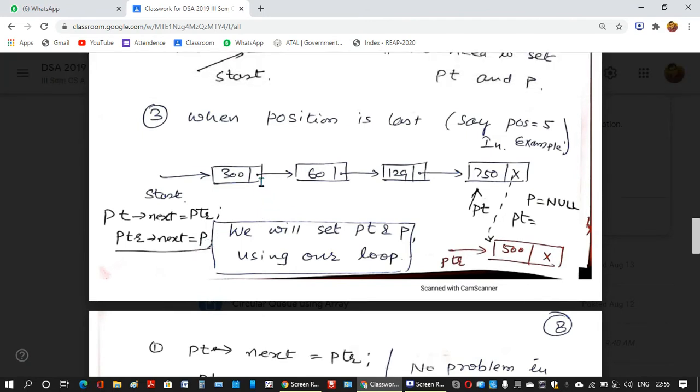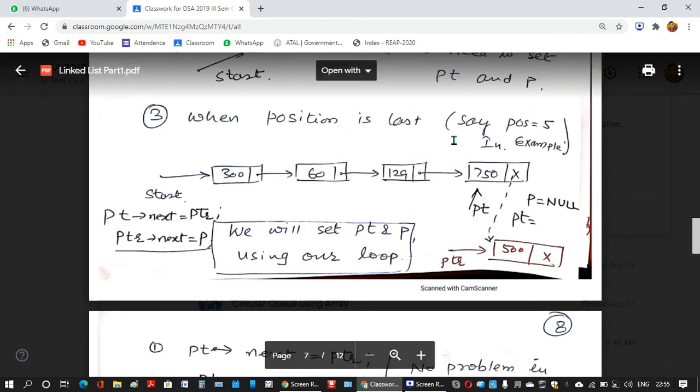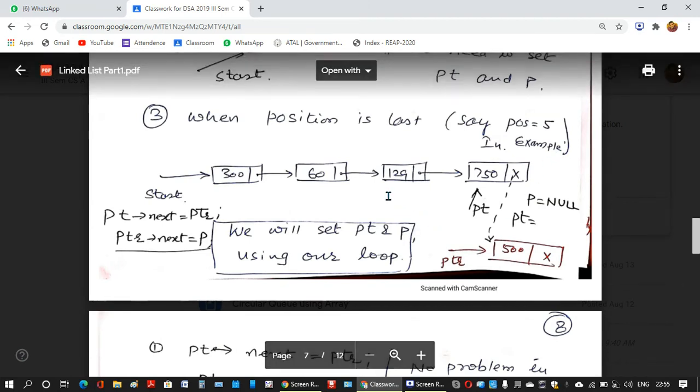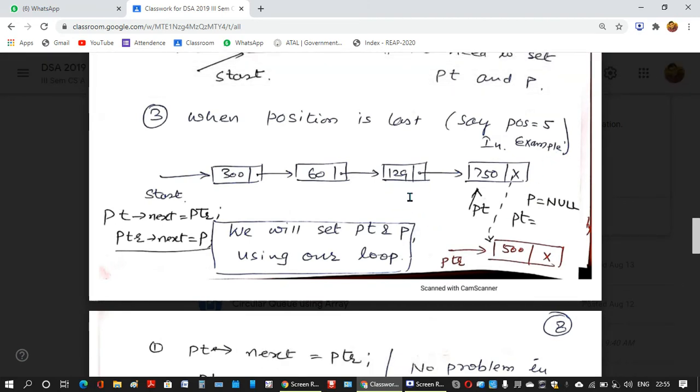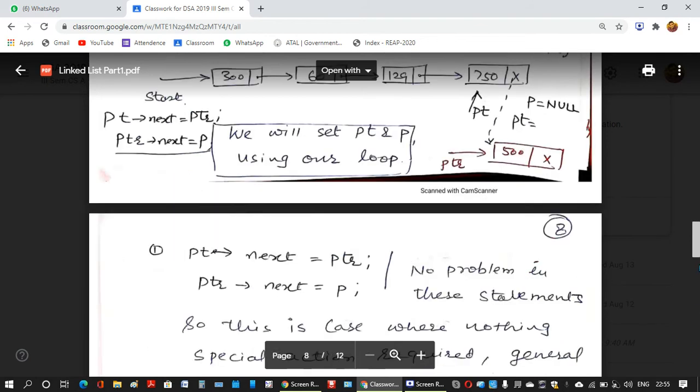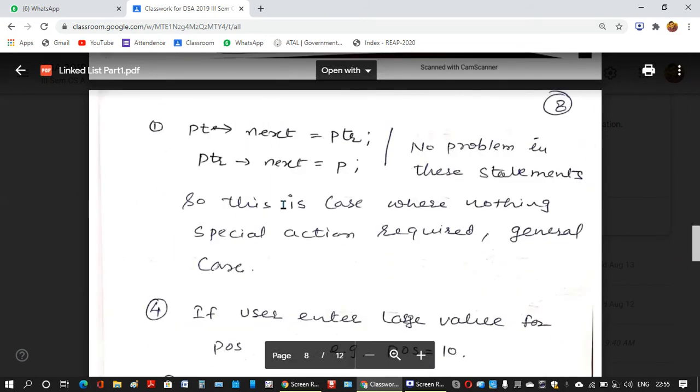So our general case, what we discussed, will not create any problem if the user says that the value of position is 5, or the user can also give you a value of position equals to 10. Even then, there will be no problem. In our general case, we will do like that only. So these two statements will create no problem if the value given is 5.